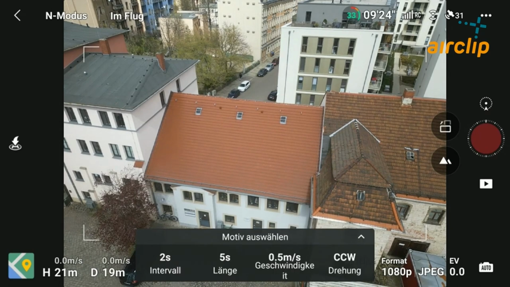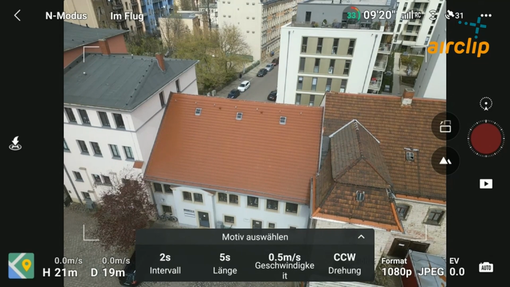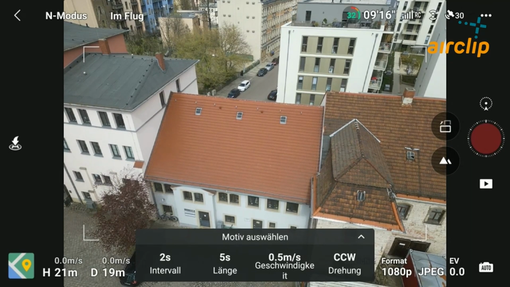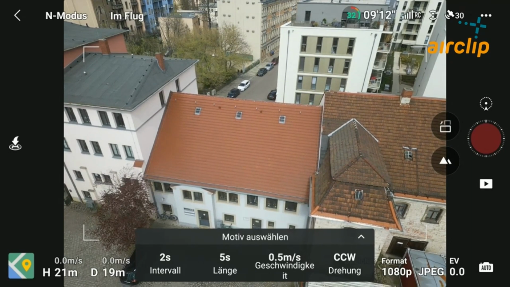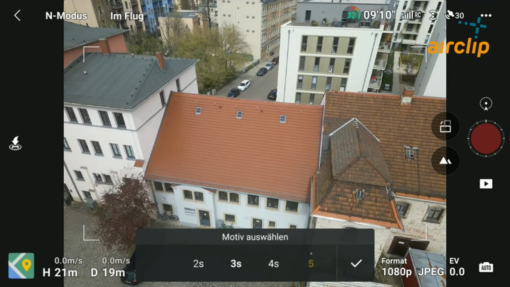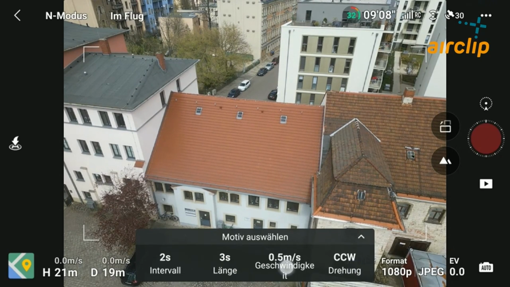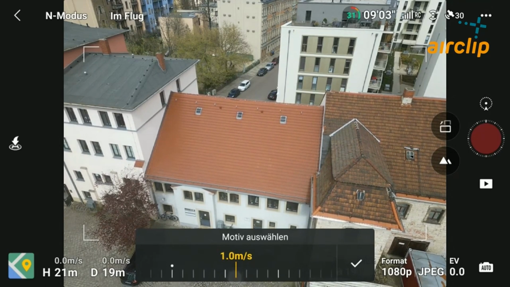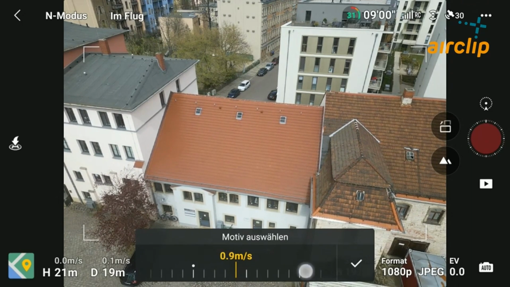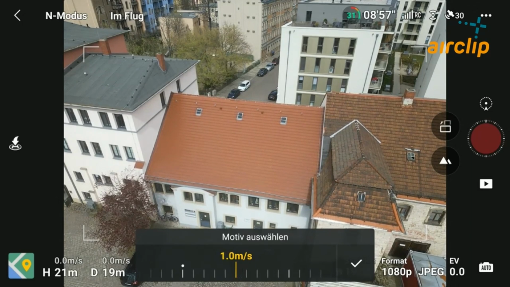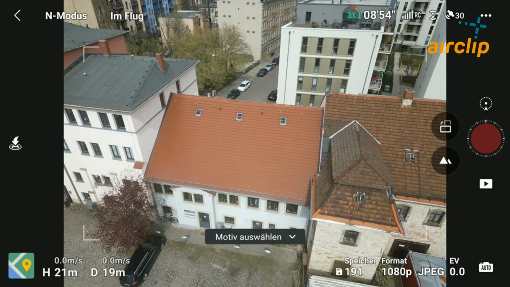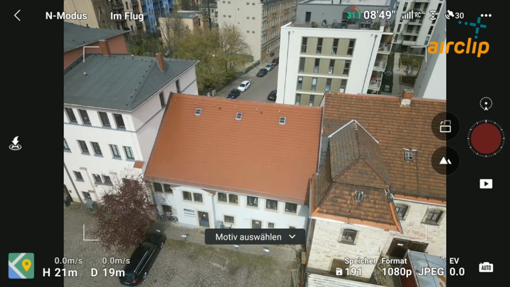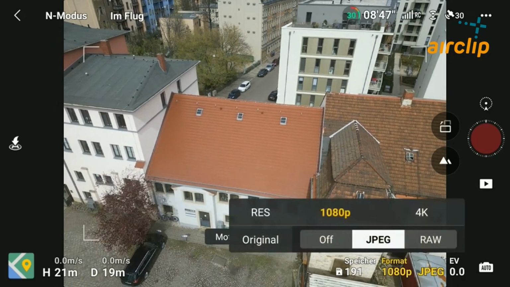Now we need to draw the center of the roof once again and edit the parameters accordingly. We want an interval shot of 2 seconds, then the length about 3 seconds. Then the speed is basically 1 meter per hour, and the rotation direction doesn't matter too much, so you can just use clockwise.